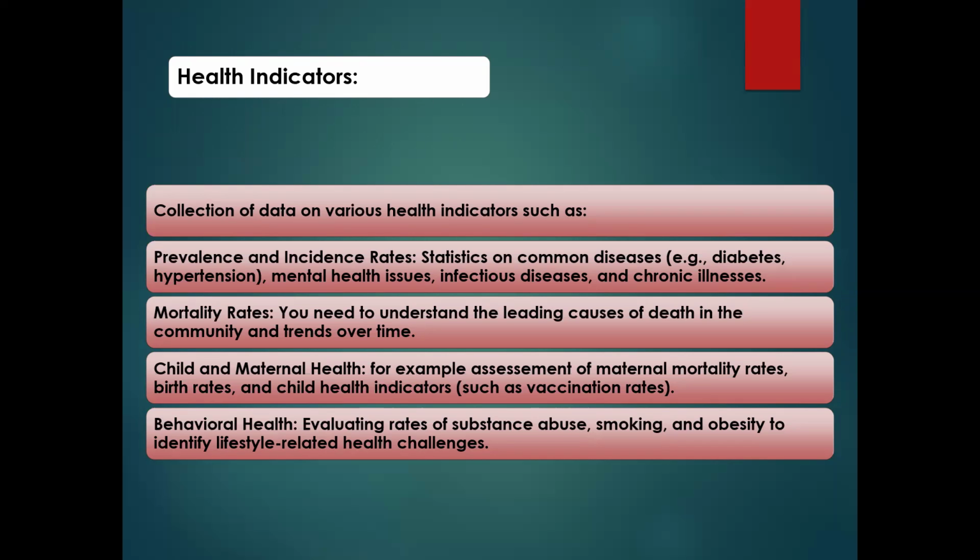You also have data on mortality rates. You have to understand the leading causes of death in that community and how they have changed over time. You must also have information about child and maternal health, what the maternal mortality rate is, the birth rates, and child health indicators such as vaccination